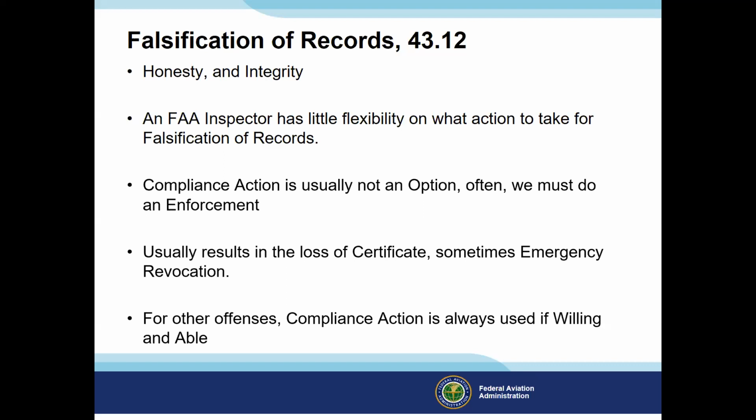If you make a record entry and you realize later that it was a mistake, that you didn't mean to enter it in that fashion, we have a process by which you can fix that. You don't correct the entry you made. You just make another entry correcting the information that was incorrect in your original entry. That way there's nothing that looks like anything was trying to be covered or falsified by erasures or mark outs or corrections. So that's the process we use for mistaken entries in your maintenance log.